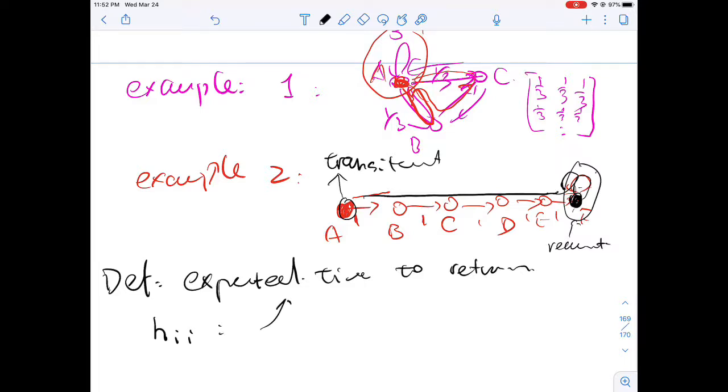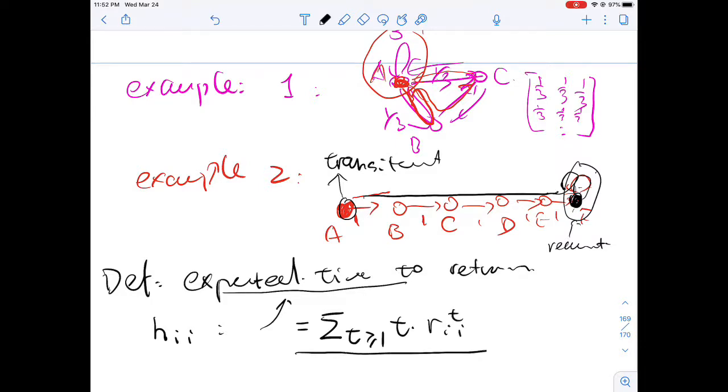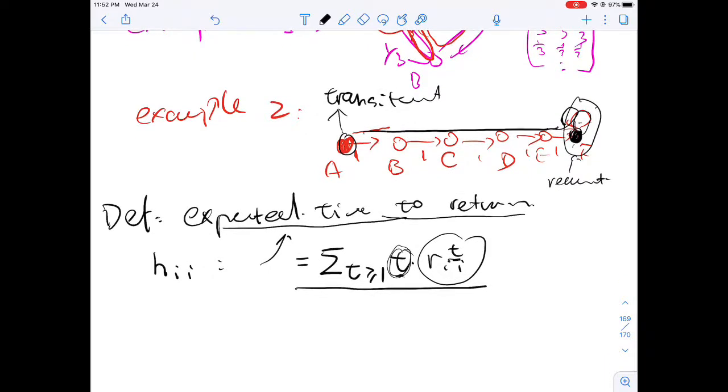If we use the definition of expectation, it's really just the sum over t greater than or equal to 1 of t times Rii t, right? So this would be the probability that I spend exactly t steps to go back to state i, and then because we are computing the expected time, we need to scale that by t. So of course, this is undefined